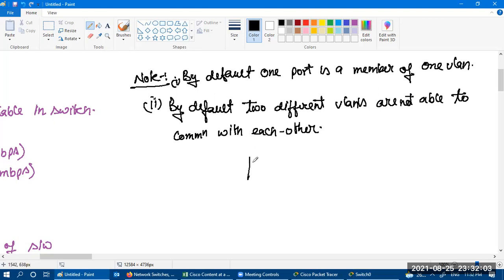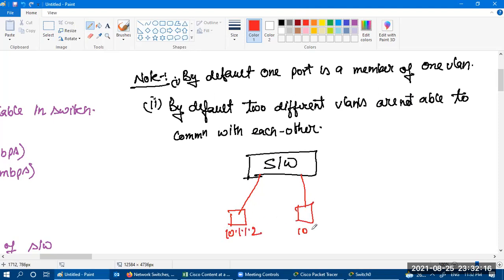So what is the meaning of that? Just assume this is your switch, and in your switch you have members of two VLANs. This is 10.1.1.2, this is 10.1.1.3. But this particular port is a member of VLAN 20, and this port is a member of VLAN 30.